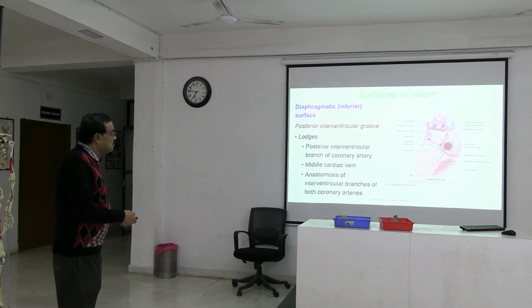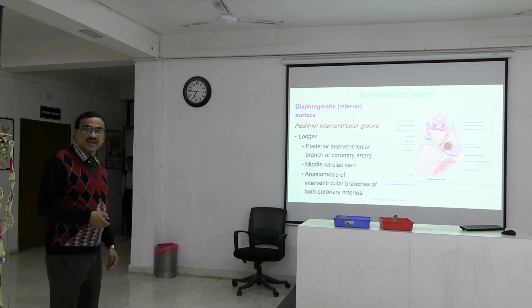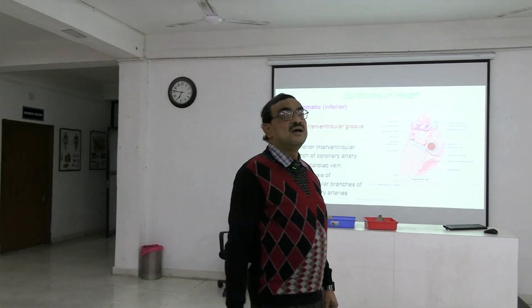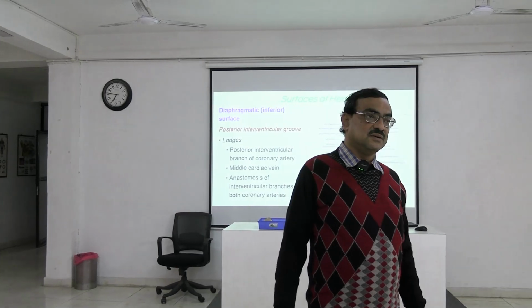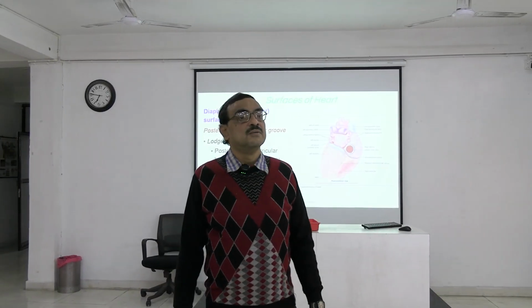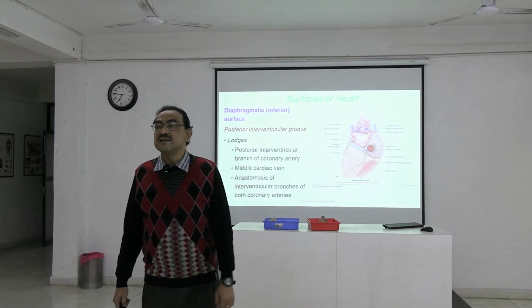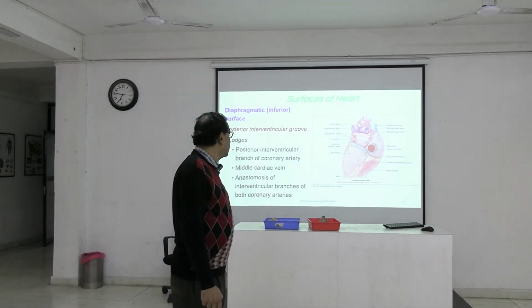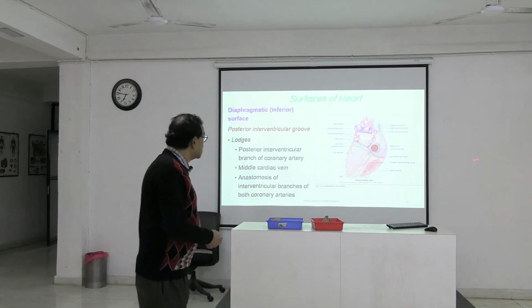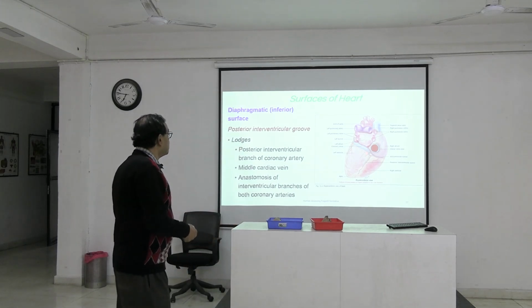Sometimes it can come from the left coronary artery. When it comes from the right coronary artery, it is called right predominance. When it comes from the left coronary artery, it is called left cardiac dominance. And it is very important because this artery supplies a major part of the